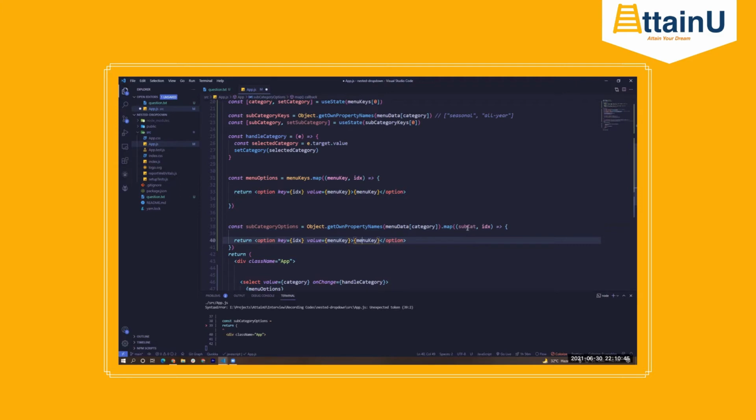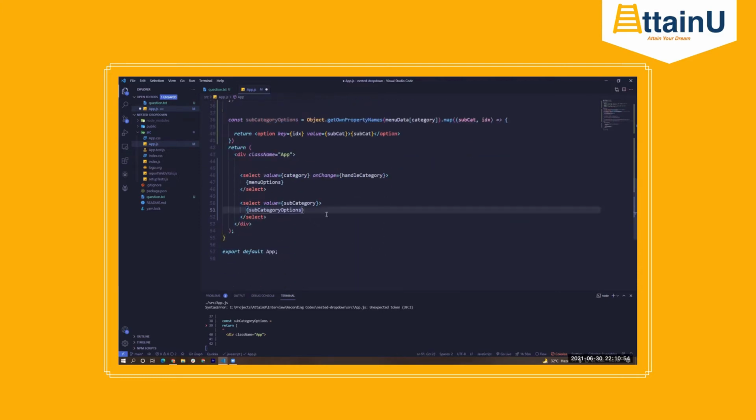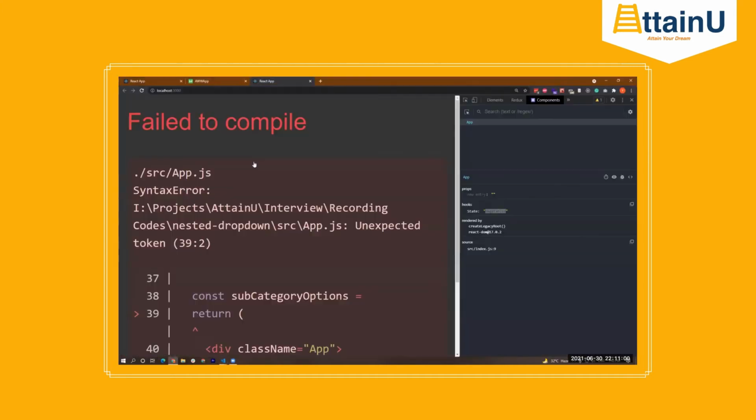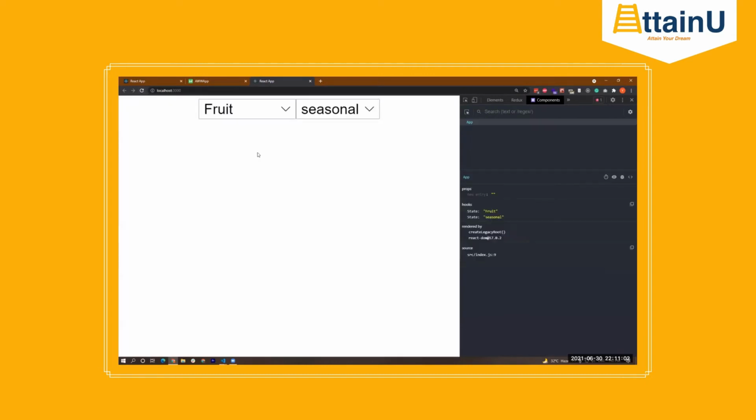In here, the value will be this, and the text will be subcat itself. Now we can just put it here for our rendering. Okay. So till now, if we look, we have fruit, and automatically seasonal is also coming here, right?